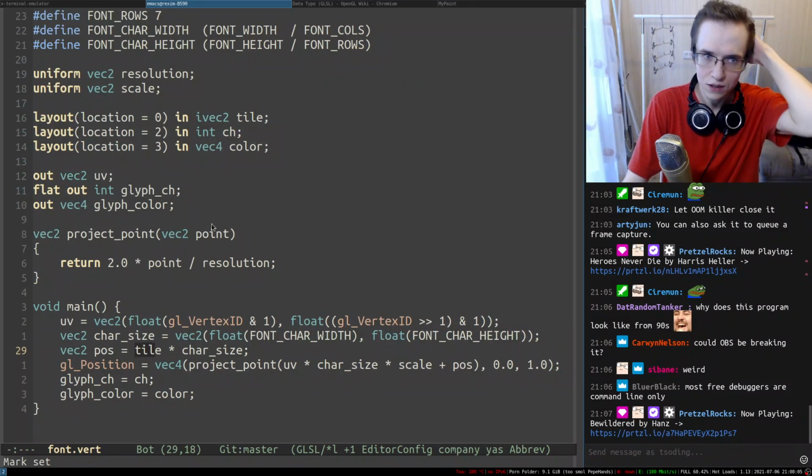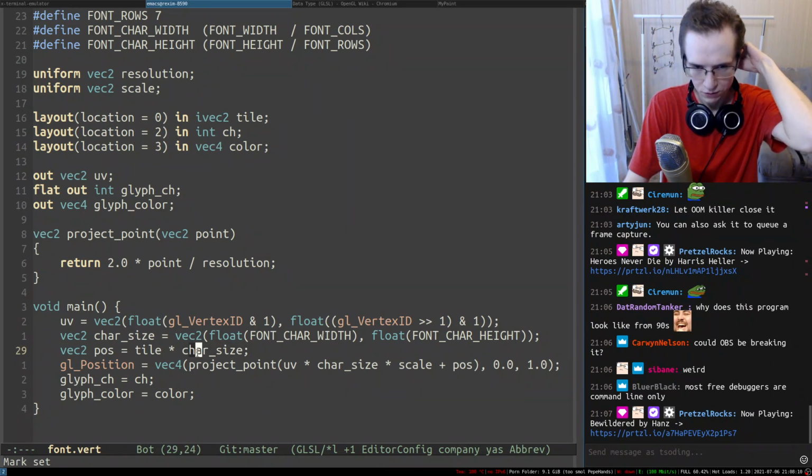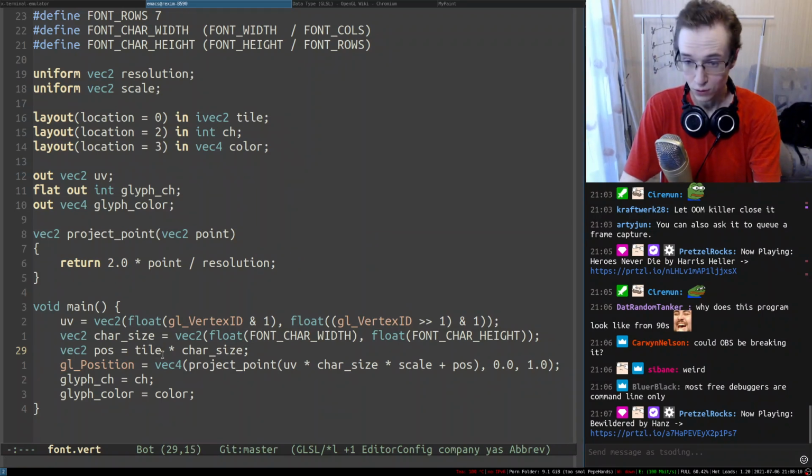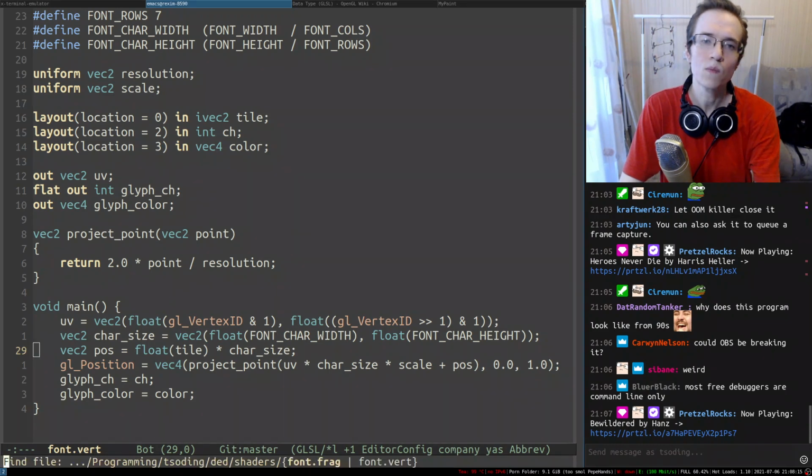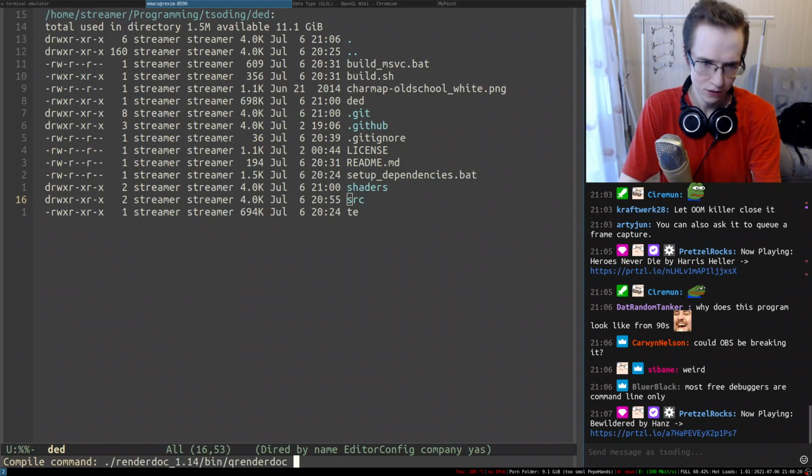Okay, so tile is an integer, and here we're multiplying it by a float. Will that automatically convert it to the correct thing? I don't know. Can I just do something like float? Maybe that's what's causing it. I'm not quite sure.